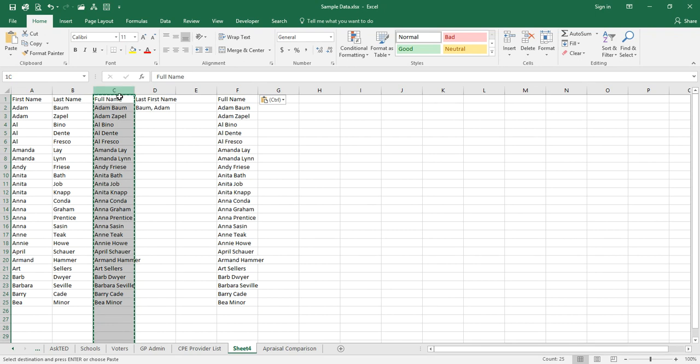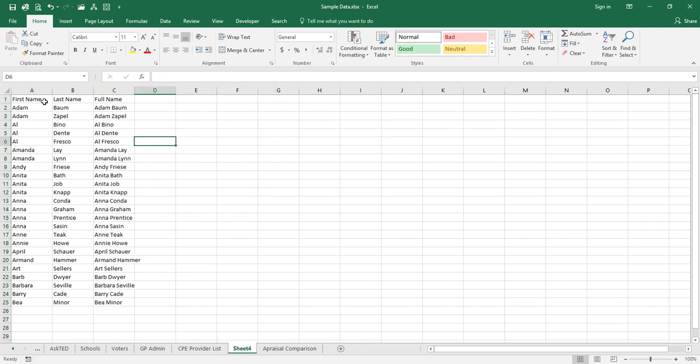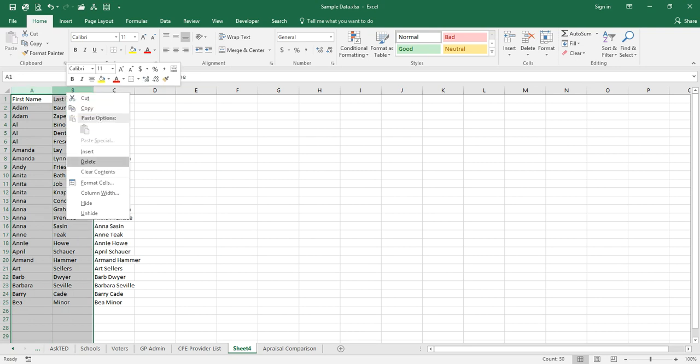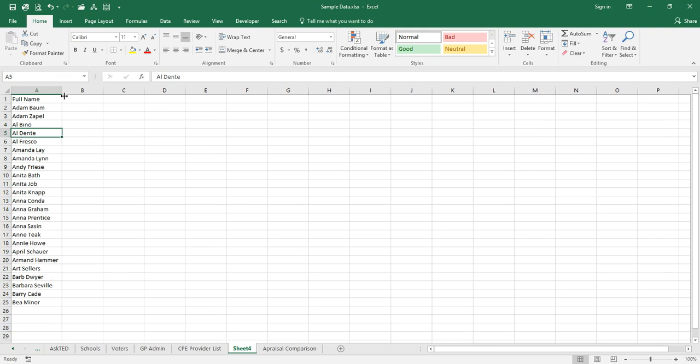All right, let me get rid of these three columns. Let's say that all we have is this information right here, and we really need it broken down. Maybe when I made my form to collect information from folks, I asked them their name, and it would have been better if I had asked for first name and last name in different fields. I didn't think to do that, so now I've got all these names I need to split apart in case I do a mail merge and I want to say, Dear Al, blah, blah. So what I'm going to do is